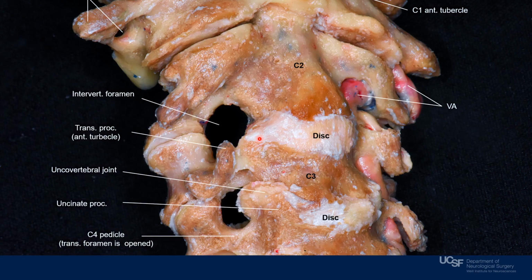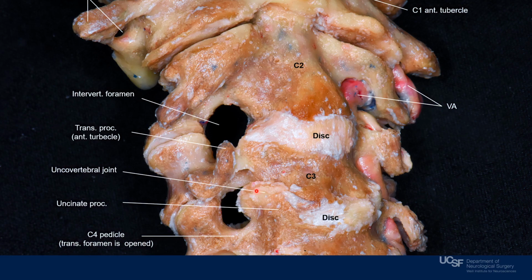So what we're seeing here is an interlateral view of the subaxial region. This is the axis, and right here is going to be the atlas. And again, we see the third segment of the vertebral artery and the second segment of the vertebral artery. There's a unique feature of the subaxial spine, which is